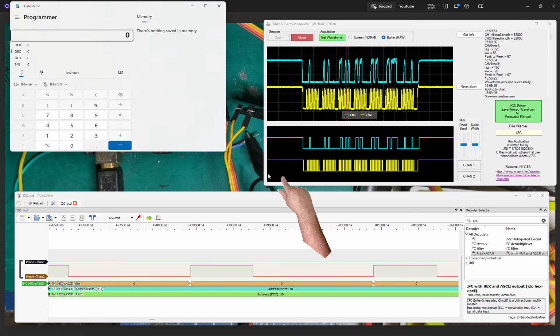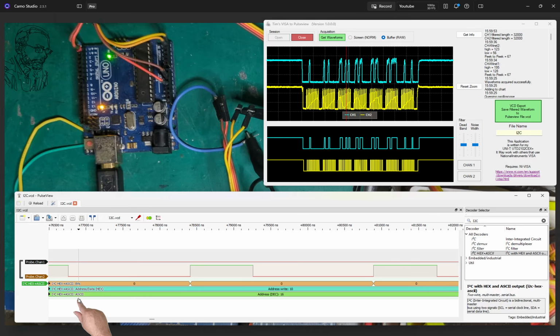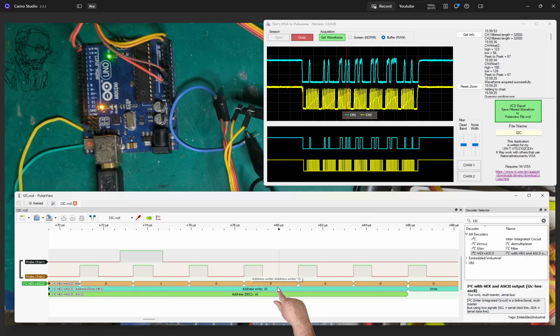Let's bring up the calculator. Oh, we're on programmer. So what is 10 in hex? If we go to decimal, there's 10 in hex there, and what this does now is give you the decimal value, which is 16. So we can confirm that. That works nicely. It's this bottom line that I've actually added, and if we zoom out to see what the message says,